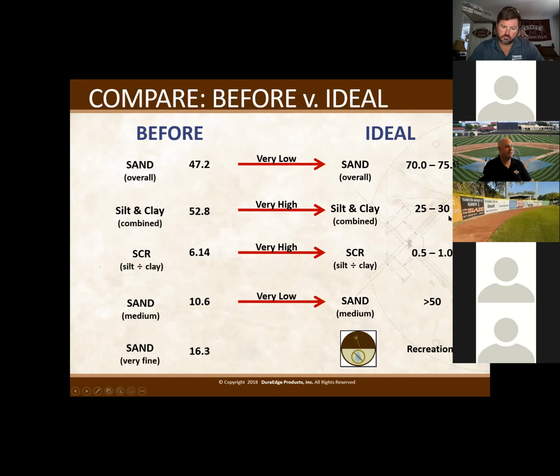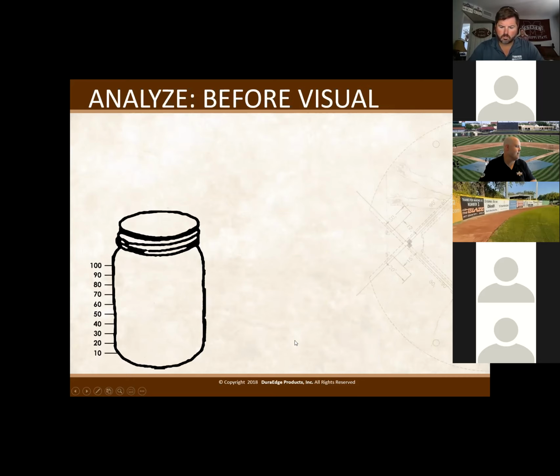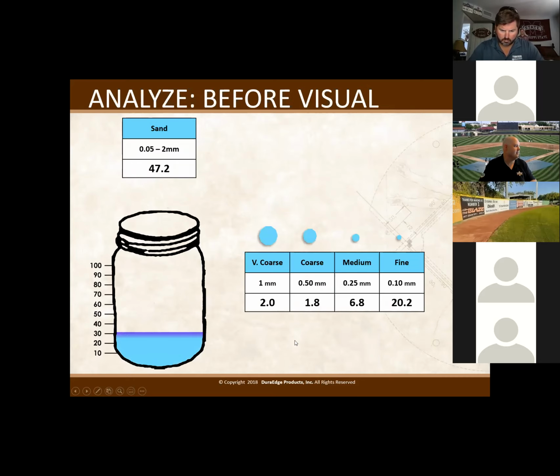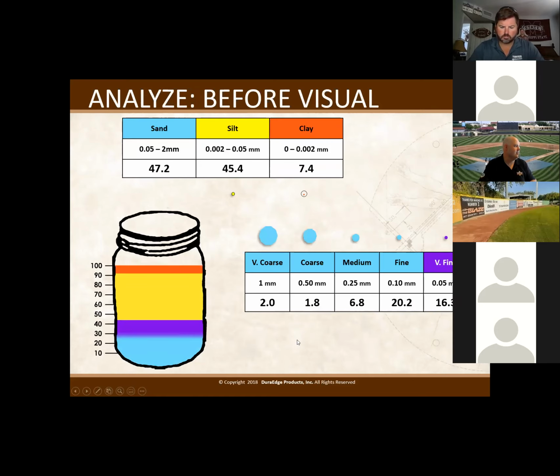So this is what we're shooting for with making an amendment. Now, the next step is, okay, this is what a jar test would look like.